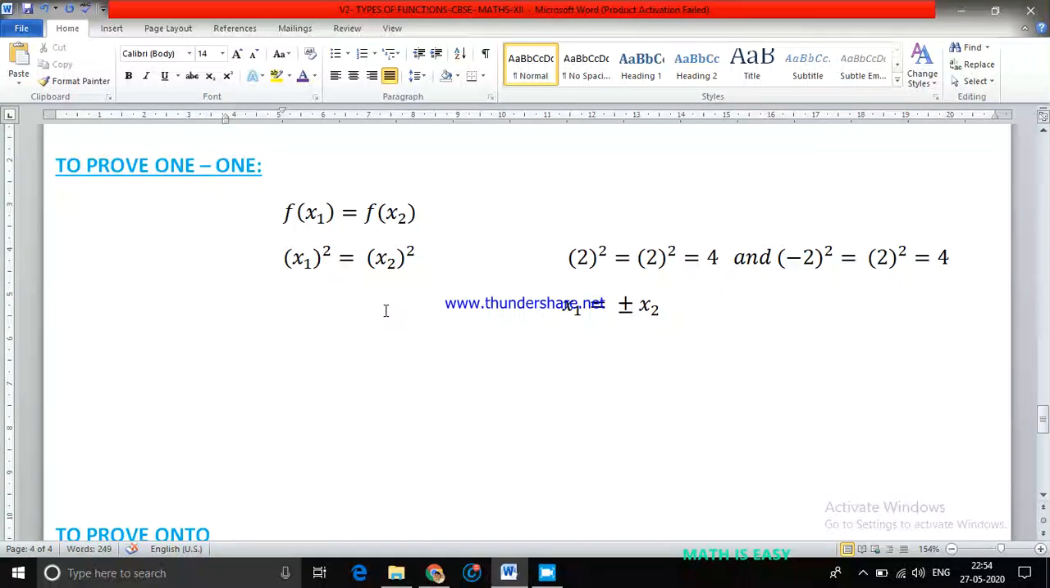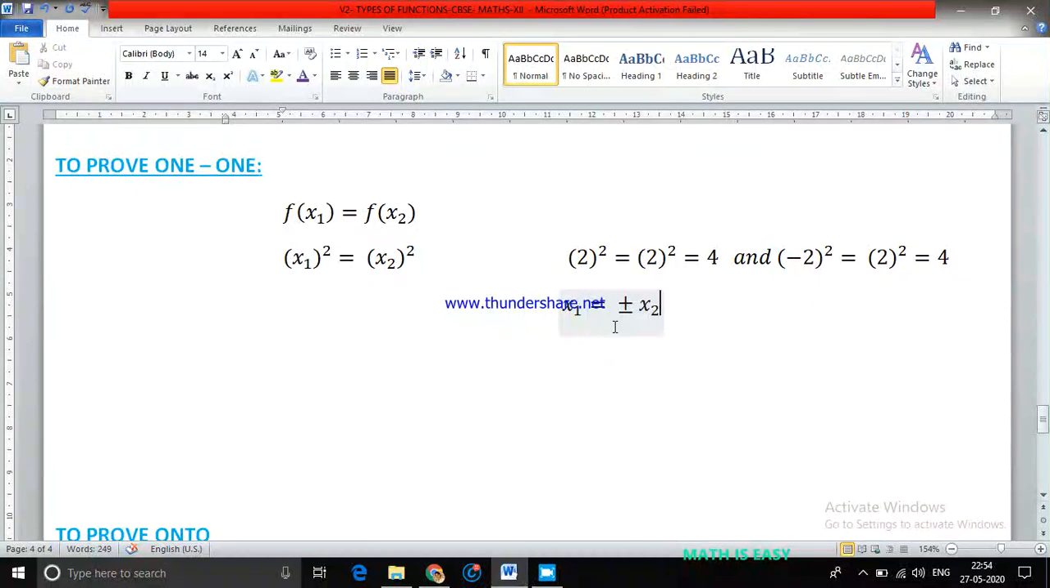Maybe in the lower classes, 10th or class 9th or somewhere, you might have done this while finding speed, distance and all, because speed, distance, time cannot be negative. That's why we used to ignore the negative value. But now we cannot ignore that. So hence